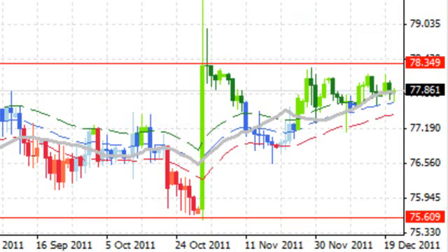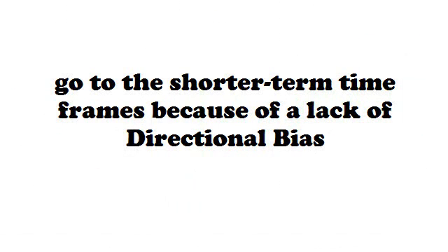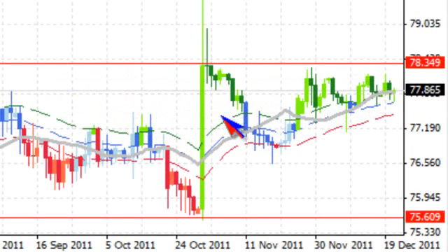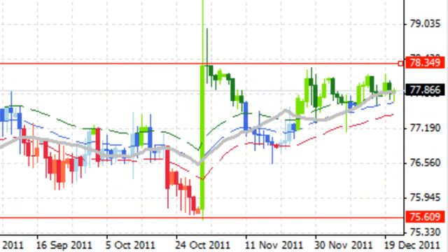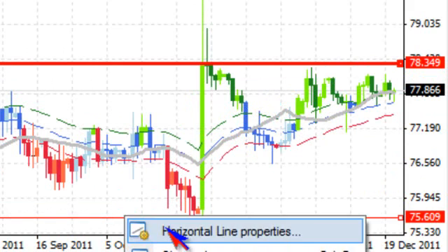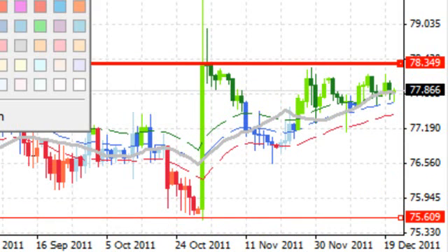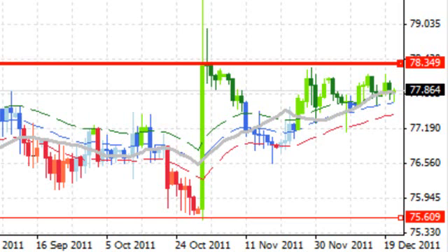until prices break out. And here too, we want to go to the 5, the 15, the 30-minute time frames because of a lack of directional bias, a lack of longer-term organization and continuation in a certain sentiment and momentum. What will exhaust here is the expectation, because as we come up here, I'm going to expect the selling pressure to kick in, and when we get down here, I'm going to expect the buying support to kick in. Simple as that. And that's how I'll operate.